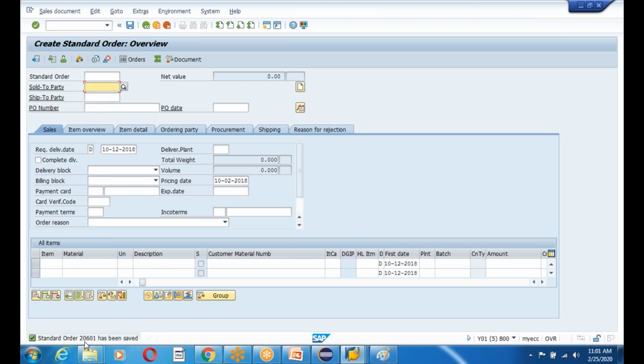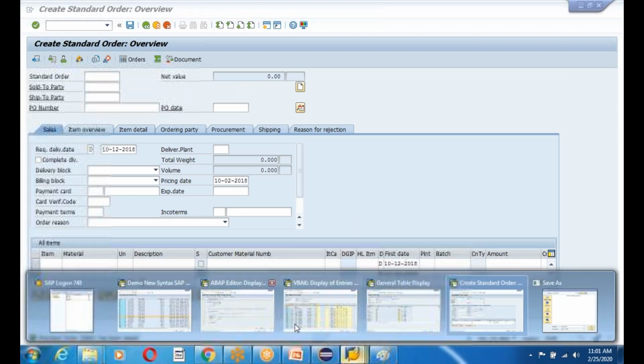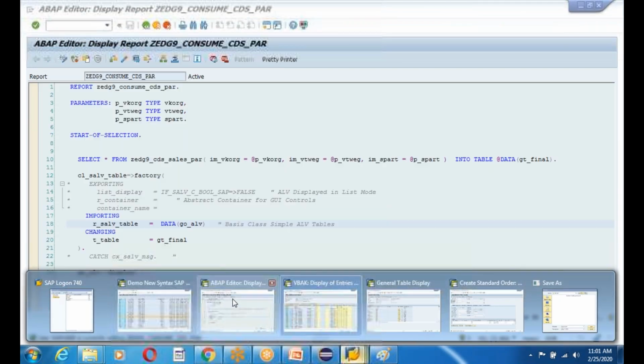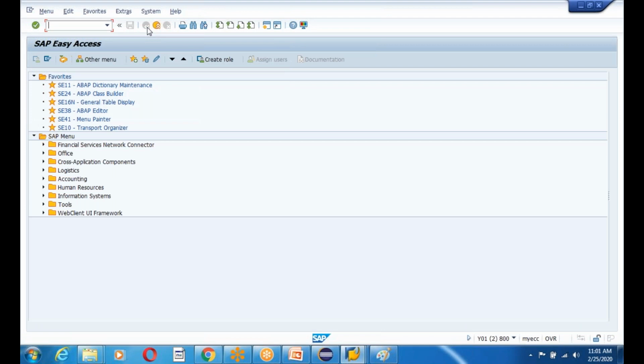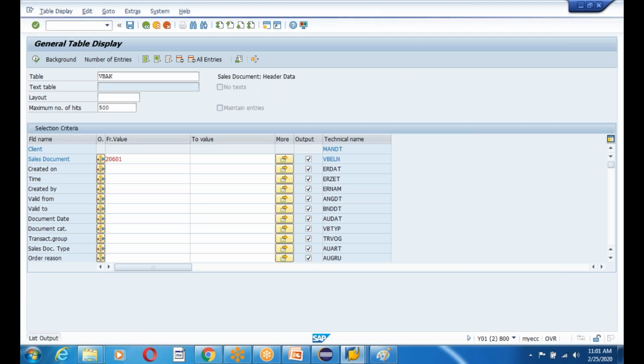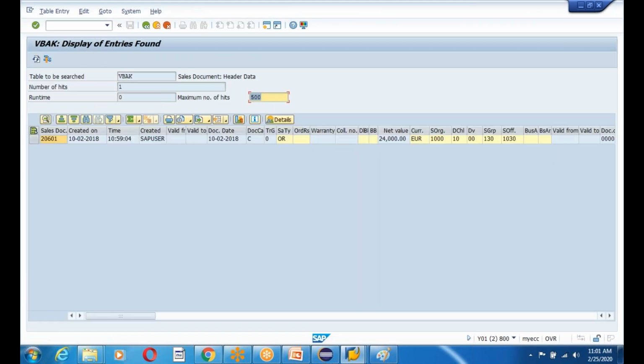Yes, the order 2061601 is created. Maybe I will look at the tables and come back. So first, in SE16N, the table VBAK and order 20601. Fetch the data and you can see the data is saved. The order is saved, and the value is 24,000, and the other details, 10,000, 10,000, and currency, everything is